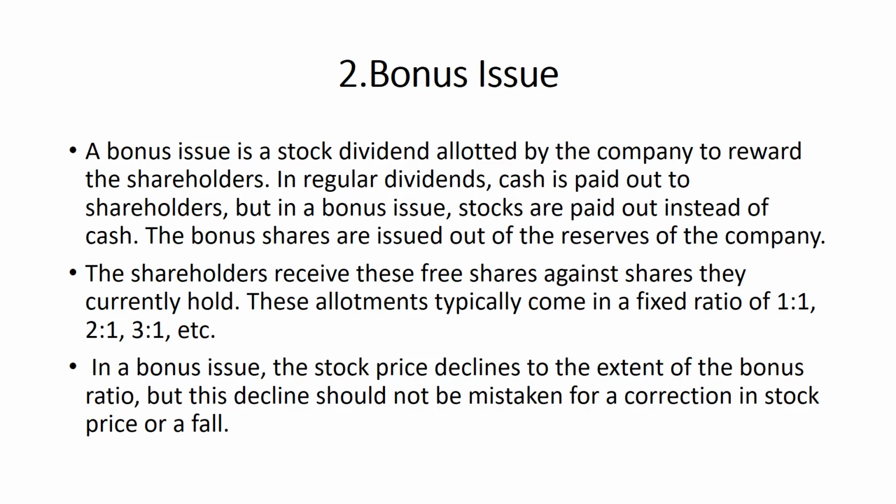So basically, if I give you an example of Infosys share, suppose it is trading at 1600 rupees now. They want to give a bonus. You have only one stock in your portfolio, of 1600 rupees. They do 1:3. For one share, you will get three more shares. So now you will have four shares once you have received the bonus, but the price of 1600 will be divided by four. So your investment amount will be the same, but you will have more shares in your portfolio as part of this bonus issue.